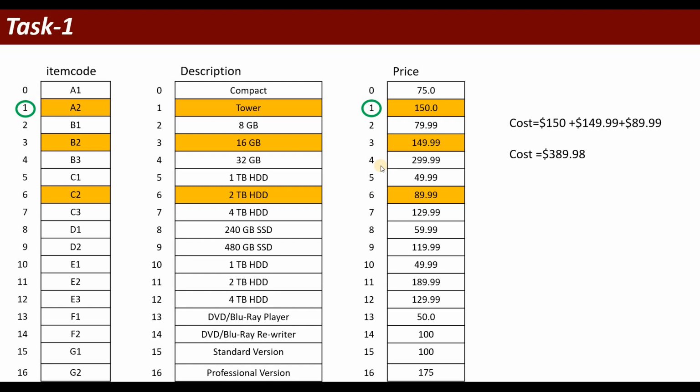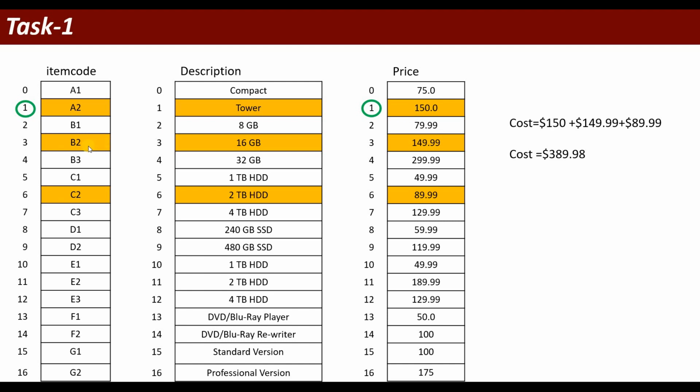In task 1, you will have to select a basic set. The basic set consists of 3 components: case, RAM, and hard drive. Suppose you have selected A2, that is tower casing, cost is 150.